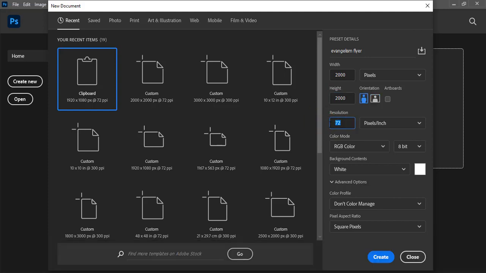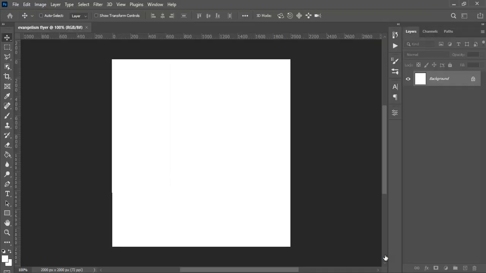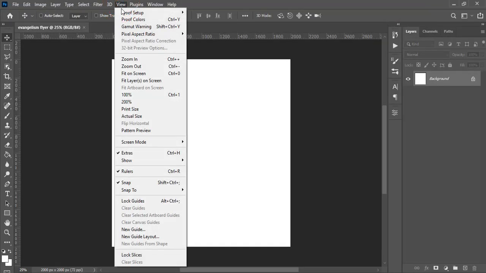Now this is not for printing, this is just for social media handles and all digital screens, so we are going to use the RGB color scheme. All right, and then 8-bit over here. The background set it to white, and that is it. Click on create. The next thing we are going to do is to go to the view button on the menu,